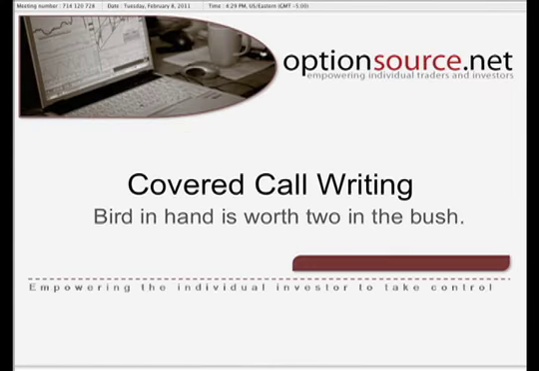Now, the first thing I want to talk about is the idea of covered call writing. When we actually own an ETF and sell a covered call against it, a call that's covered by the stock, you collect a certain amount of premium up front for having given up the upside potential of a particular asset beyond the strike price. And I always like that saying, a bird in hand is worth two in the bush. The question is, would you take right now a certain amount of return that you know you will get versus the potential return you could have if you were right, but if you're not right, you don't make anything. Covered call writing represents this very thing.